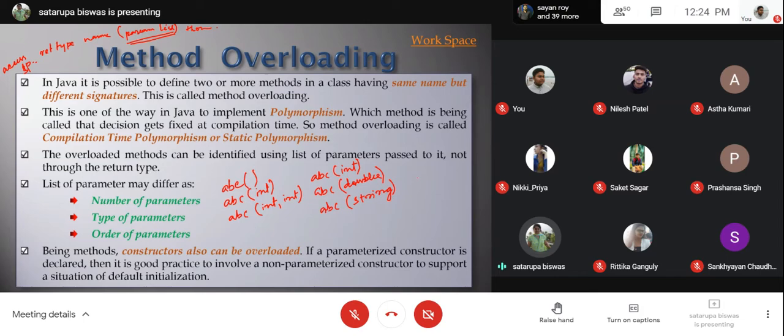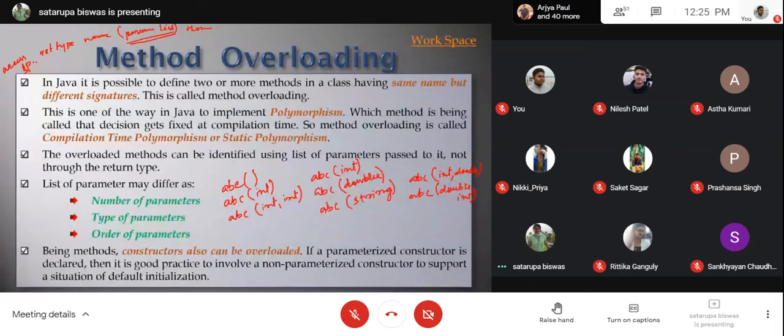And the third one is the order of parameters, like this. Now here is a single glitch: like in C, there is implicit typecasting available in Java also. So if, due to some implicit typecasting, one type of data could be converted into another kind of data, in that case there may be a problem with this kind of change in the order of the parameters.